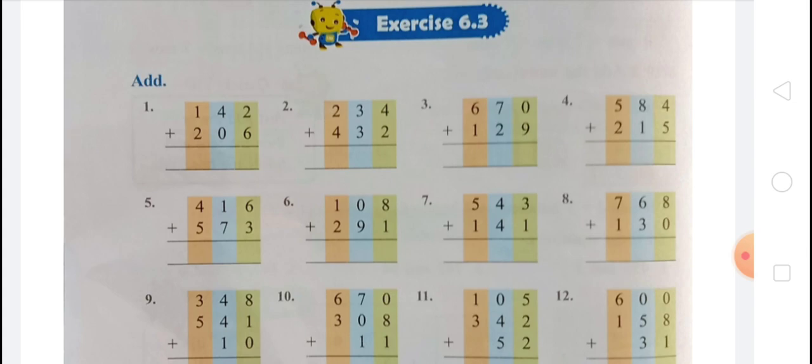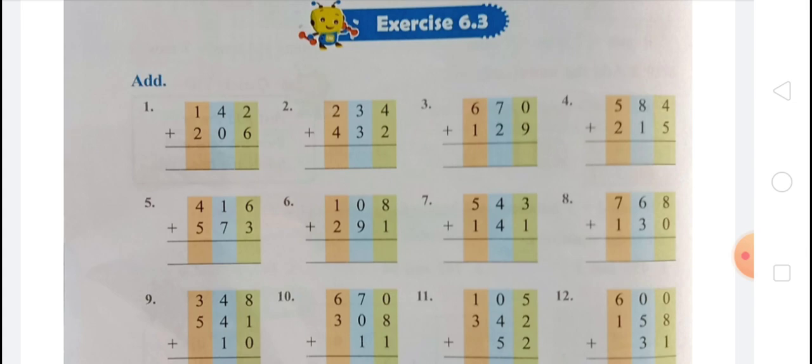After that we have to add the tens, that are 4 and 4. There will be 8. That means 4 tens plus 4 tens equal 8 tens. And after that we have to add 100 places, that are 5 and 1. 5 plus 1 equals 6, and that means 500 plus 100 equals 600. Question number 8 and the answer of 7 is 684.